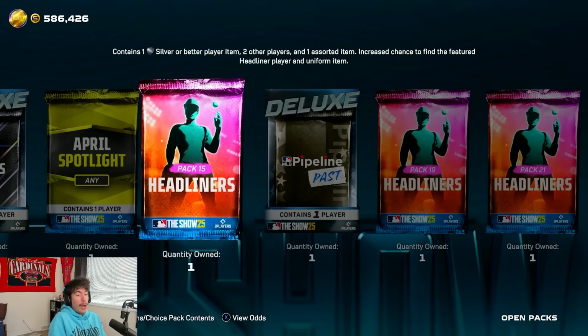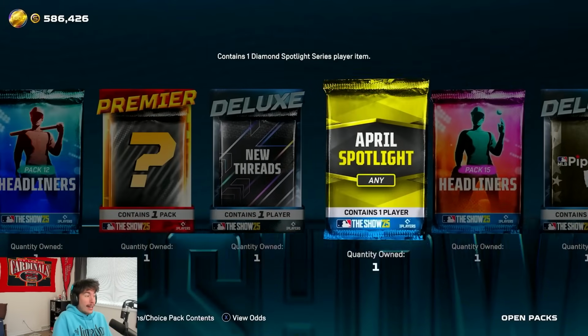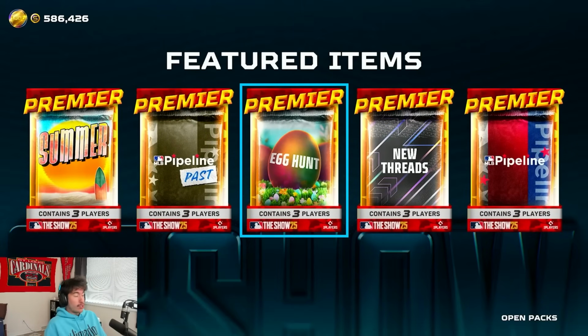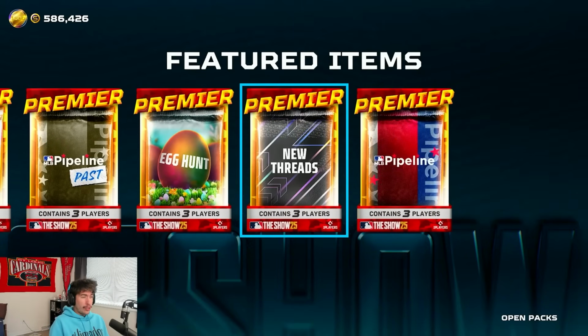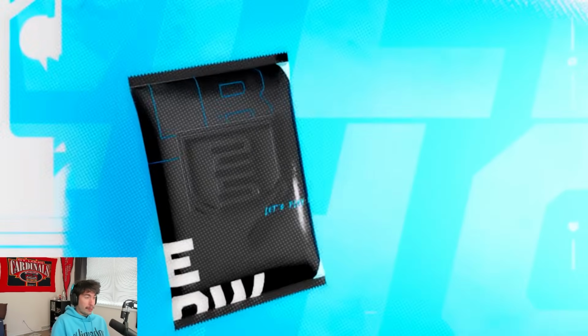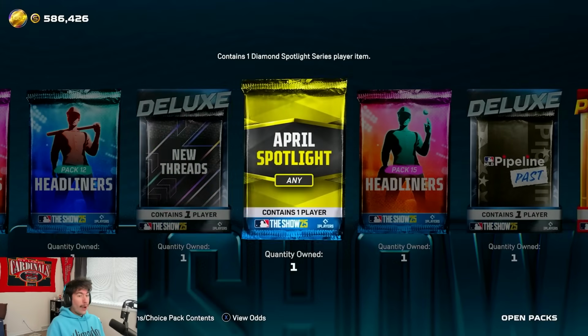See, I think we might want pipeline pass because of this Schwarber. He's still like 50,000 stubs. So honestly, what we want to see from the premiere is probably the pipeline pass. As far as I'm aware, none of these other packs have a card as expensive as that Schwarber. So we're really hoping to see the pipeline pass out of this premiere pack here. And we did. Oh, wait, that actually gives...